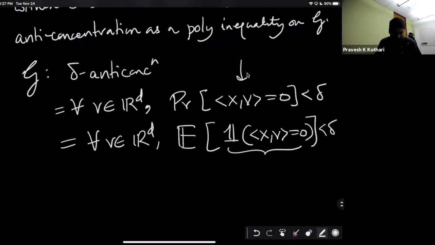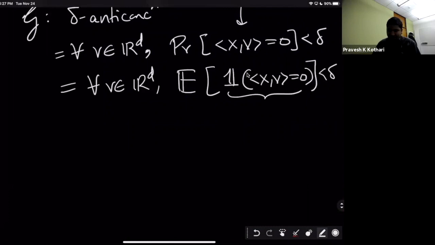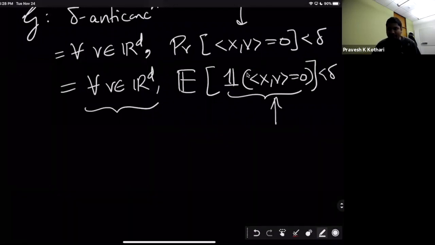Okay? So now, what are we going to do? So this indicator function, we are trying to phrase some condition for all vectors V. That's going to be hard. So we are going to try to phrase it as a polynomial inequality in the variable V. For that, I need to take this indicator function and write it as a polynomial in V. Now, of course, there is no such polynomial that computes the indicator function of x dot v equals 0. And so instead, we are going to settle with an approximation.